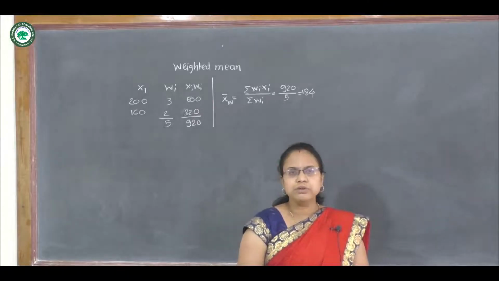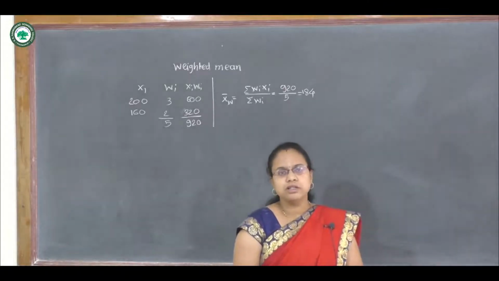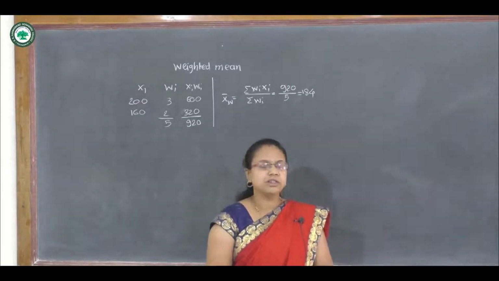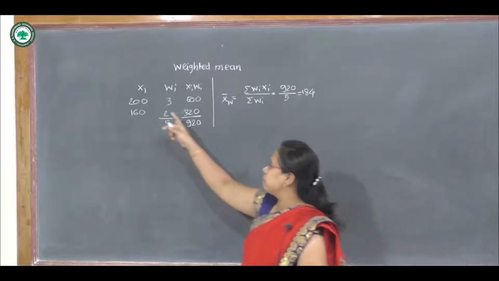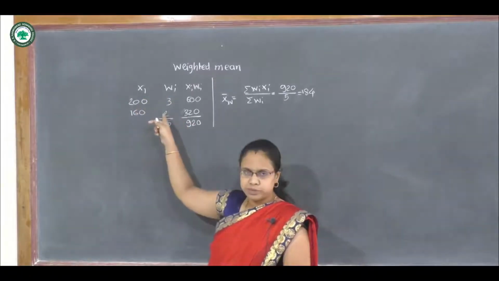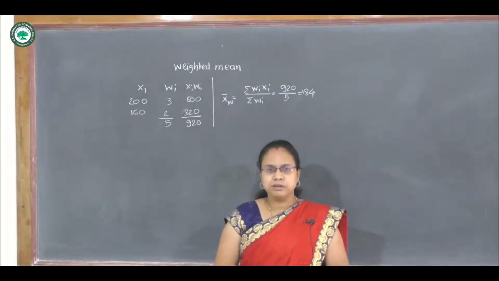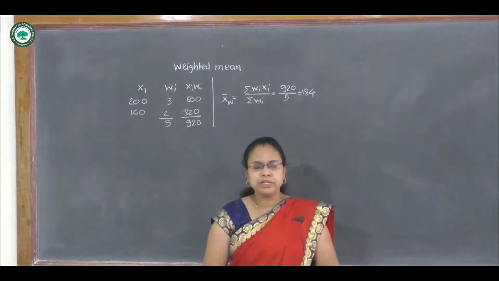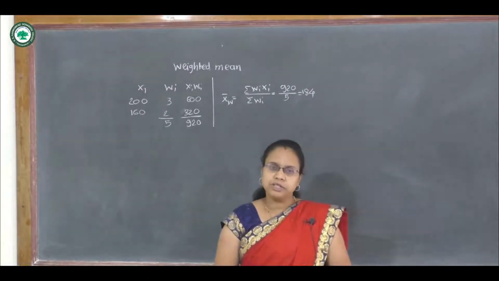Today we will continue the point which is weighted mean, which we have learned in the last lecture. So weighted means there are observations xi and weights are assigned to each observation. Then we can calculate weighted mean, means weighted arithmetic mean, weighted geometric mean as well as weighted harmonic mean for the given data.